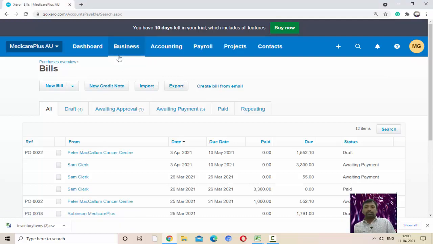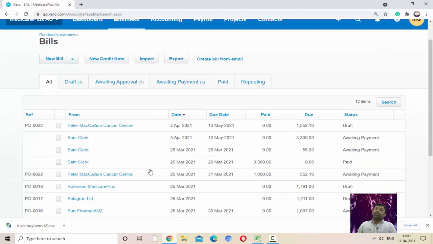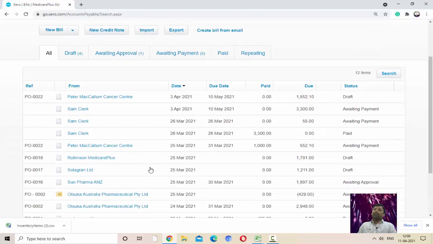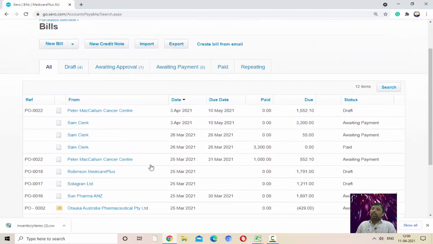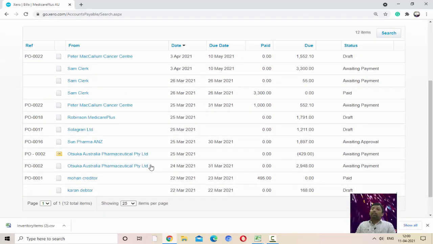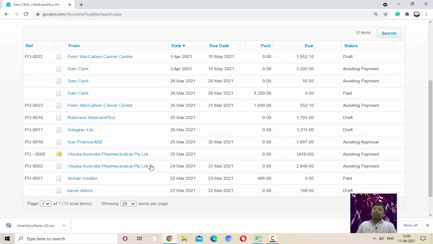After selecting this option, you will see all the same options like the purchase order. All the bills drawn in this bill to pay option will be seen here. All bills, whether draft, awaiting approval, awaiting payment or paid, all these are not purchase orders, all these are purchase bills which are drawn and ready for payment.